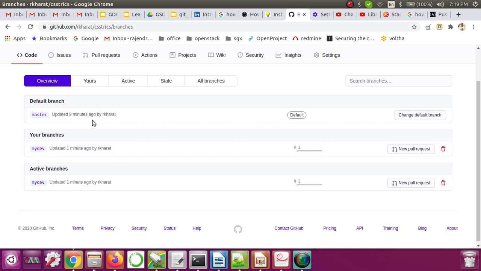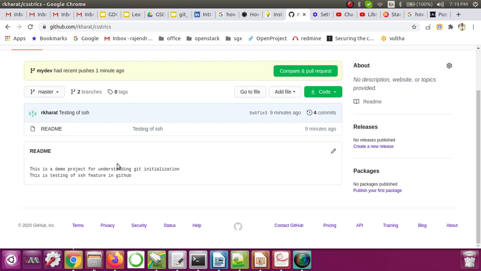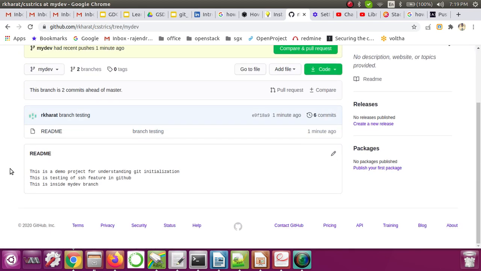Now if you go to the code, let me show you the code first. This is pointing to the master branch. That's why the 3rd line that we have added is not there. But if I go to the dev branch, you can see that the 3rd line added in the readme is there. So this is what happens.